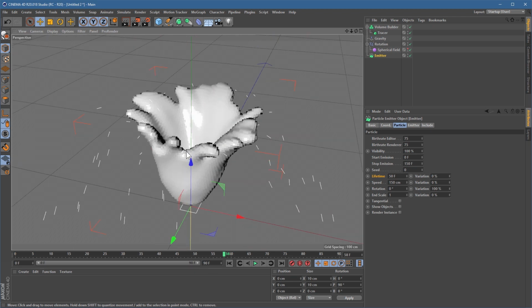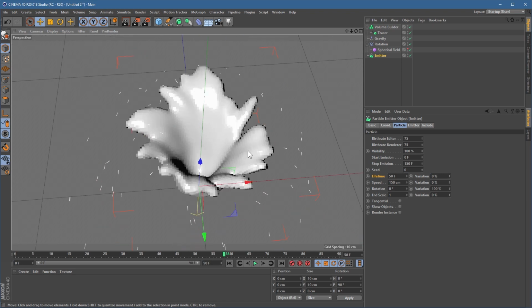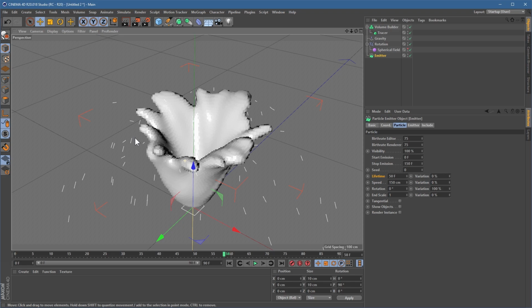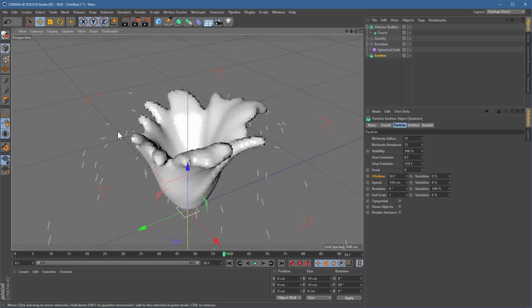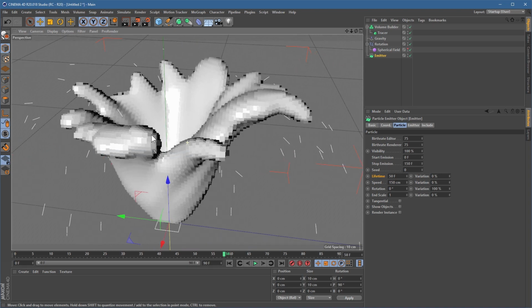Now, I will say from here, if you're just intending to use this as a still, it's probably a good idea to make all of this editable. Because this is based on particles and particles are based on animation, when you next come to reload this project, you're going to have to rewind and press play to frame 58, otherwise it just won't look the same. So what you can do is convert the current state of this into a VDB file. So if you're happy with a splash, and let's just say I think this is okay,